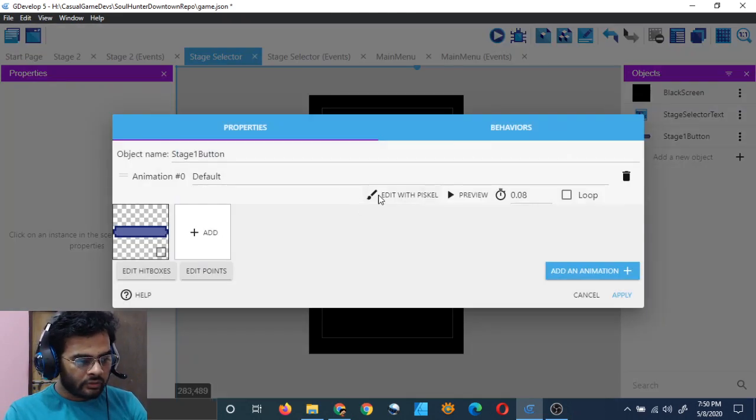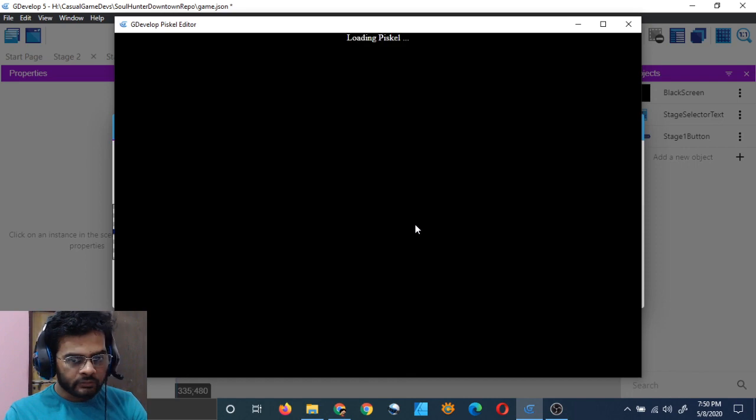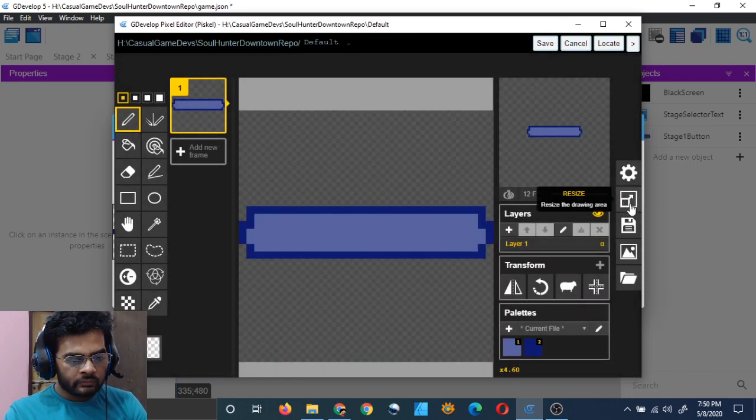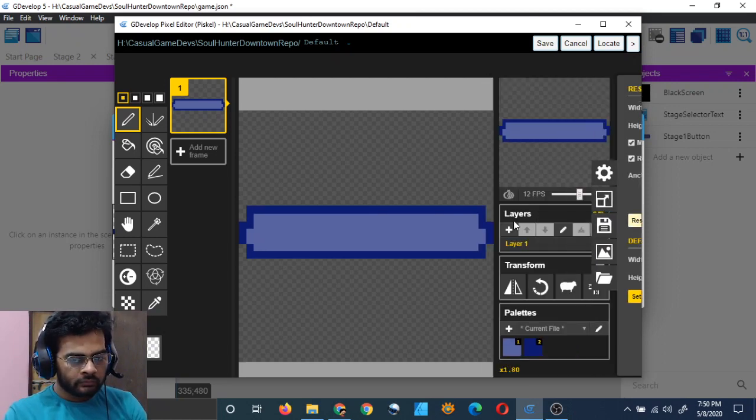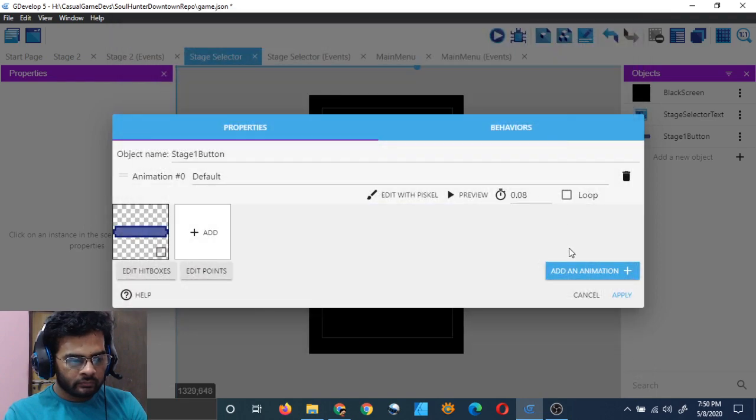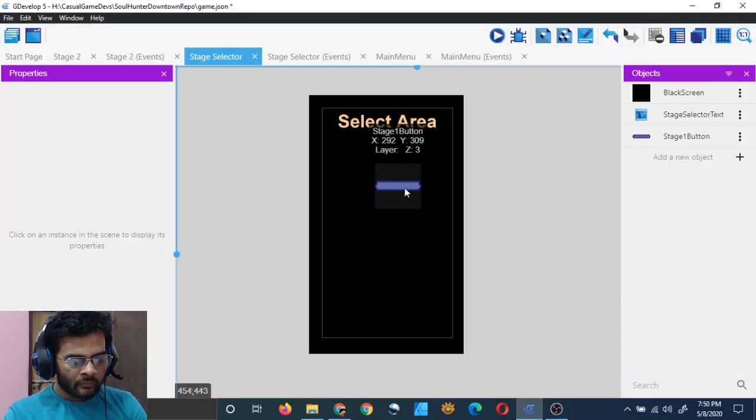Double click again. Edit with Scale. So now it's bigger, but I want more, because it's an area selector. It should be big.